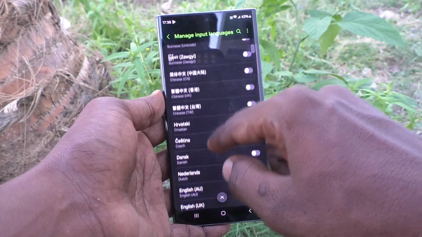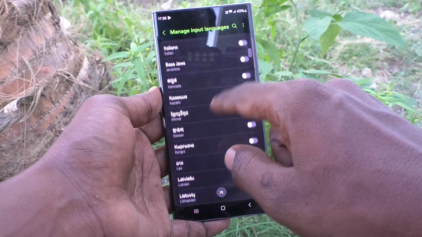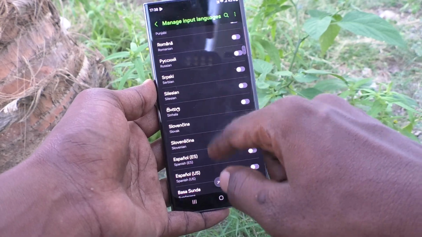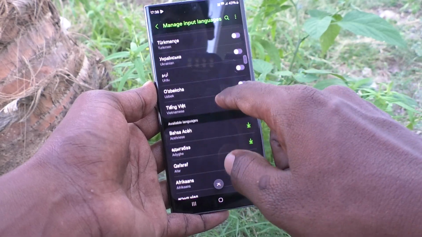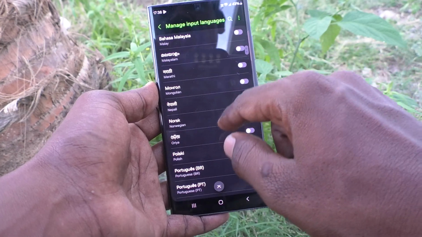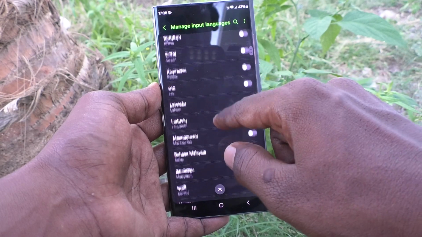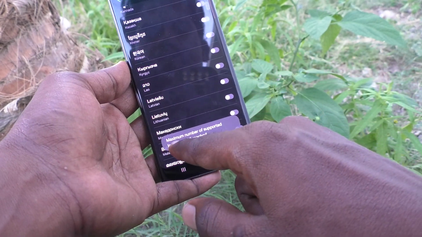Just turn on the button against other language. Here I would like to turn on the button against Tamil. Yes, I turn on here, and also I turn on some other language. So here this language and Malayalam, then Korean, but minimum